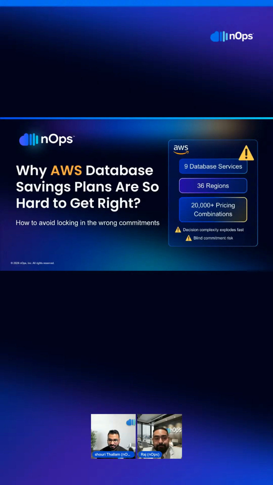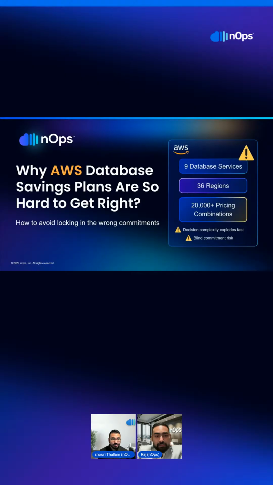So really excited. Awesome. And as you guys know, today we'll be talking about savings plans, database savings plans specifically, which on the surface looks like one of the best ideas that AWS has had in years. But in practice, it might be the easiest way for any FinOps person, for any organization to lock yourself into a very expensive mistake. It's great if you strategize it practically and implement it really well with guardrails around it. But otherwise, you are getting yourself locked into a very expensive mistake.